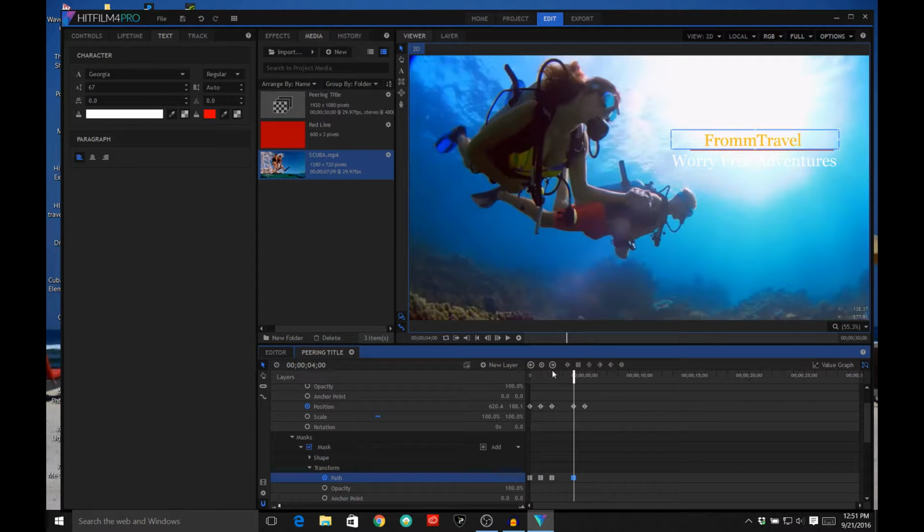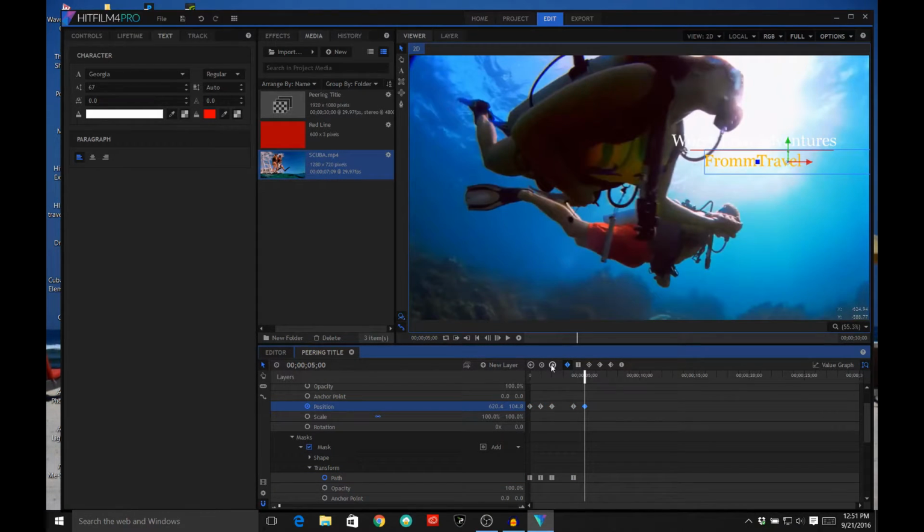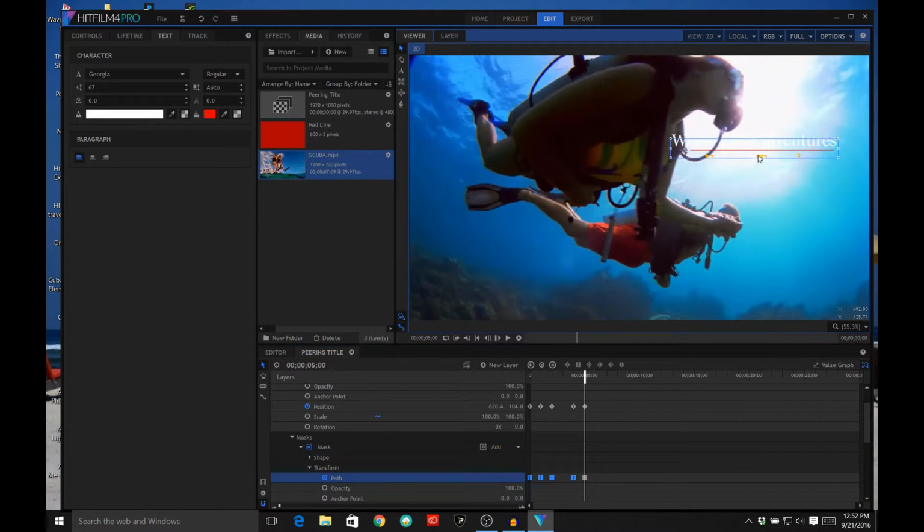And then let's go to the last keyframe, which is at the 5-second point. And let's see where our mask is. And the mask followed the text here, so we don't want that. We want to make sure that that stays above the line. So we're going to put it back up there above the line so that our top title disappears. Okay,